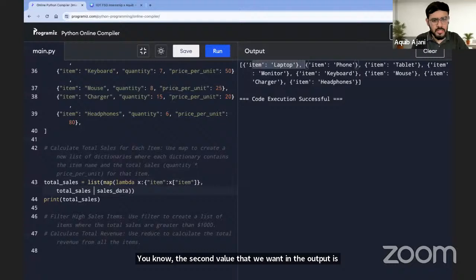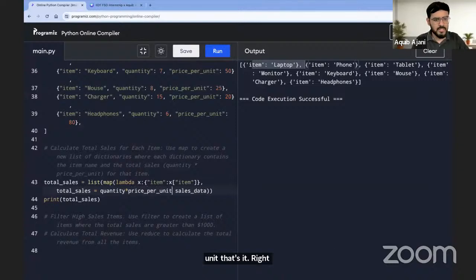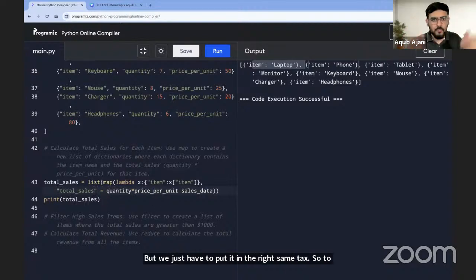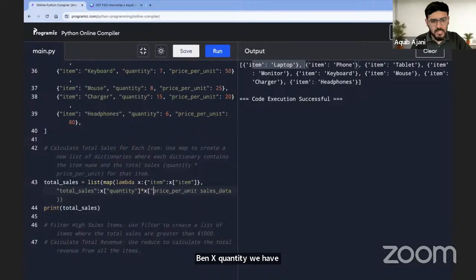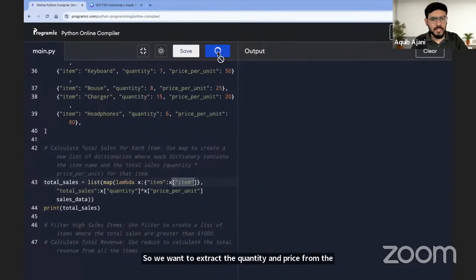Effectively, we want to say total sales is equal to quantity times price per unit. That's it, right? But we just have to put it in the right syntax. To make it total sales, it has to be in double quotes so that it becomes the key. Then the value must be preceded by a colon. Then x quantity, we extract the quantity from x, and similarly x price per unit. So we want to extract the quantity and price from the current dictionary, just like we extracted the item. And that's it. When I run this now,